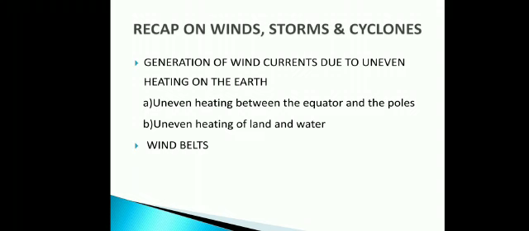Next is wind belts. In these regions, westerlies, that is winds which flow from west towards east, are called westerlies. Next one is trade winds, that is winds which flow from east to west. The trade winds are also called easterlies. Horse latitude, that is calm winds. These are in the subtropical latitudes, in both north and south of the equator.